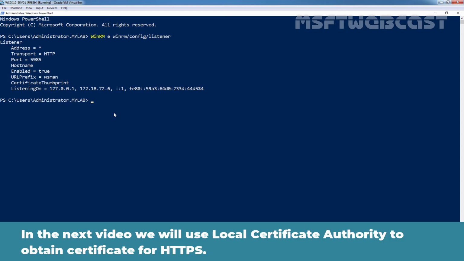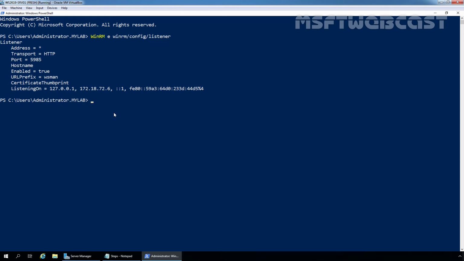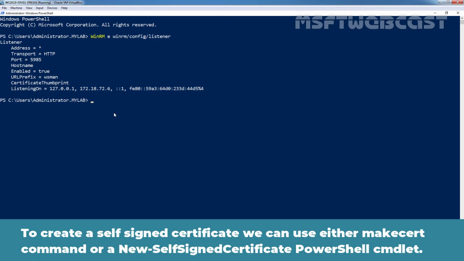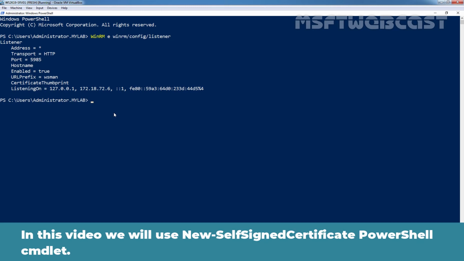In the next video, we will use local certification authority to obtain a certificate for HTTPS. To create a new self-signed certificate, we can use either makecert command or a New-SelfSignedCertificate PowerShell cmdlet. In this video, we will use the New-SelfSignedCertificate PowerShell cmdlet.